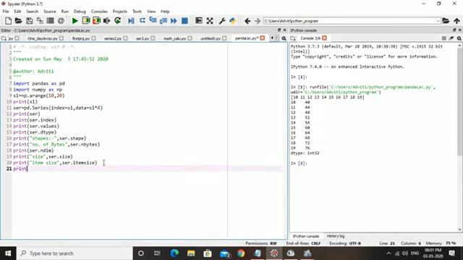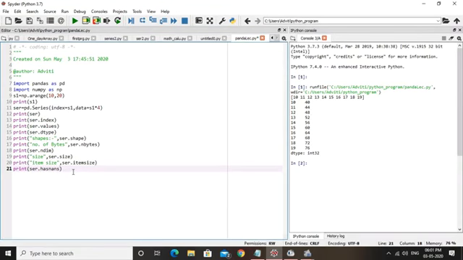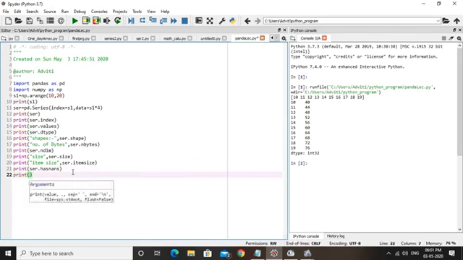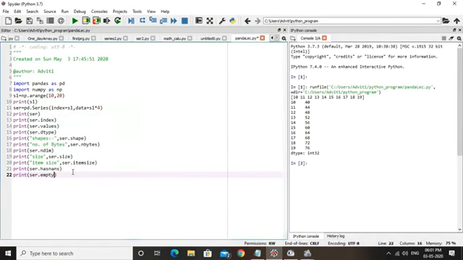And then we can check ser.hasnans, which checks for NaNs, not a number. Or another attribute, print ser.empty, for empty elements.